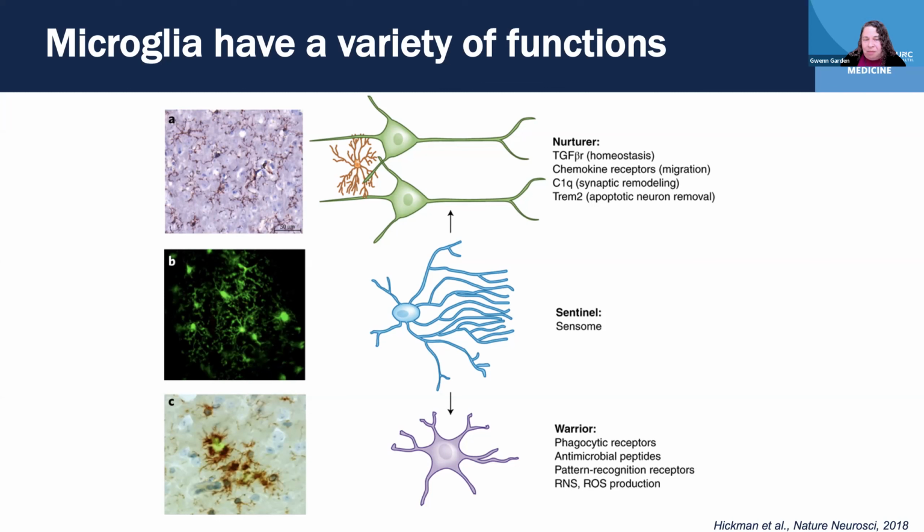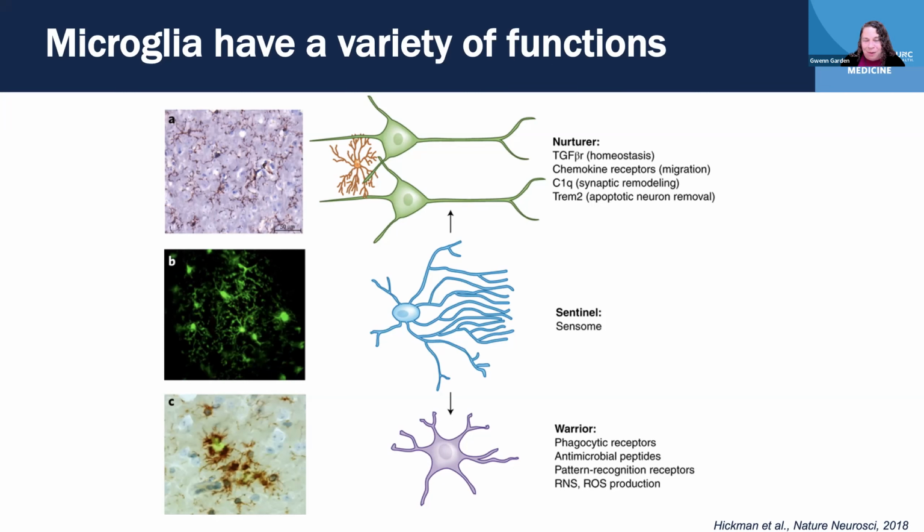And the paradigm that I was taught when I was a medical student when I first started studying microglia was that microglia exist in this quiescent state, all of them, and then they would, in response to seeing a pathogen, go into this warrior-like state, and at some point down the road, after they'd been in that warrior state, they would transition back into this nurturer state where they would be involved in repair. The evidence for this idea that every microglia is capable of doing all of these different things has never really been very strong.